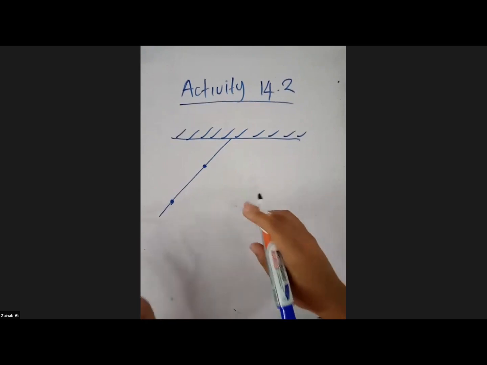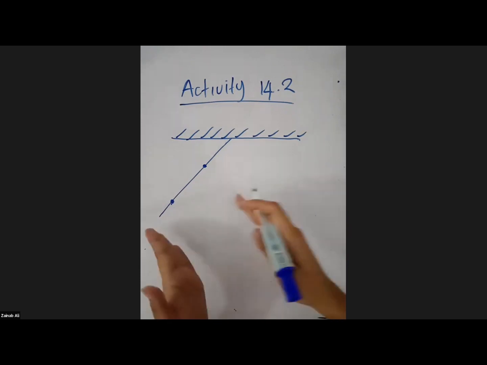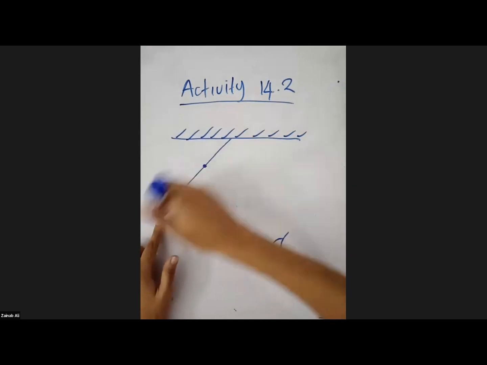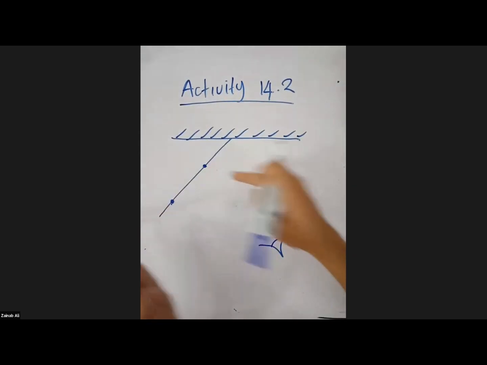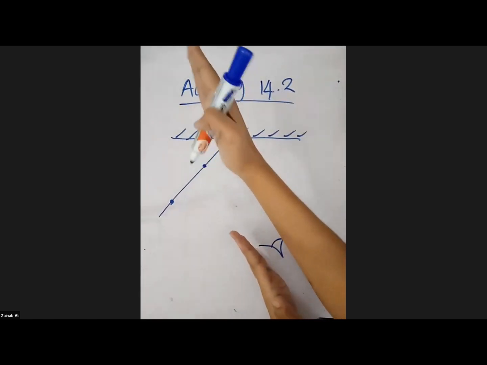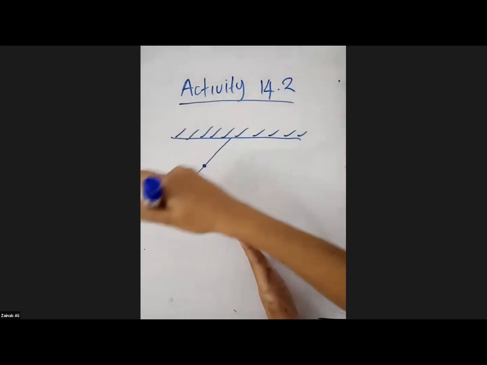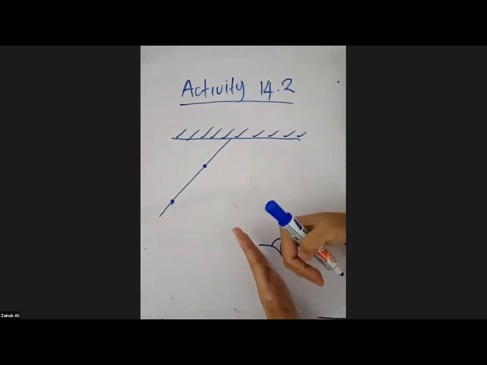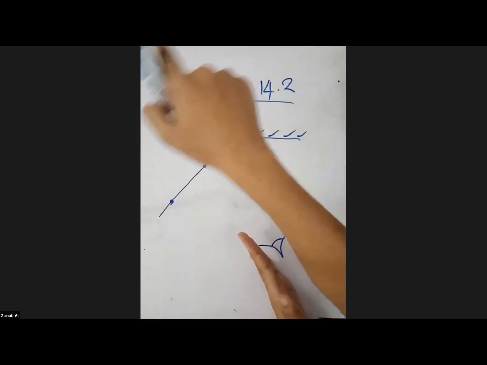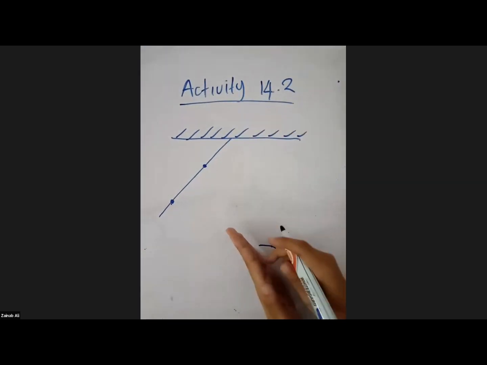Okay. Now what you are going to do is, you will keep your eyes on this side. Now you are going to place 2 pins and draw a line like this. Place 2 pins. Now you will keep your eyes this side and look at the mirror. Look inside the mirror. Where are these 2 pins coming from? Like now you know the rays will go and it will reflect and come back, right? So now you are going to see from here inside the mirror. You will be able to see the 2 pins from this side.